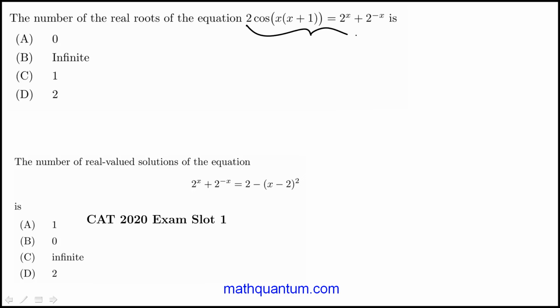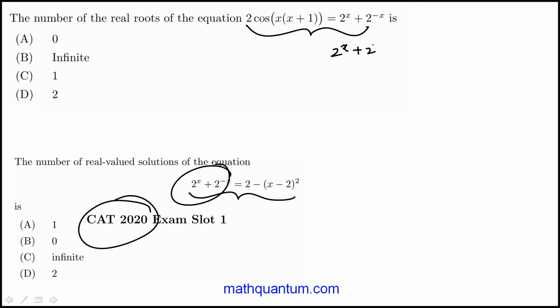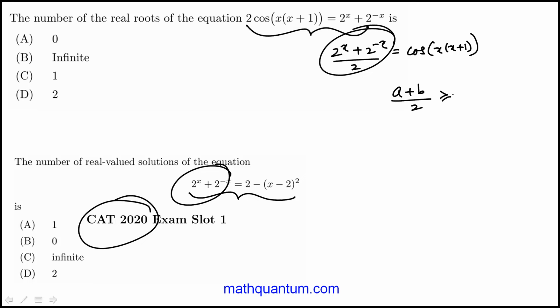So in many ways, this question is very similar to this 2020 question, where you have this expression that also shows up. And the key step here is to rewrite this as (2^x + 2^(-x))/2 = cosine of x times x plus 1 divided by 2. And what you have to recognize here is that if you use the arithmetic mean, geometric mean inequality, which is this, and a is 2 to the x, and b is 2 to the minus x, then what